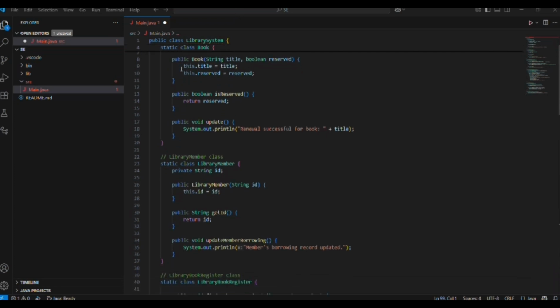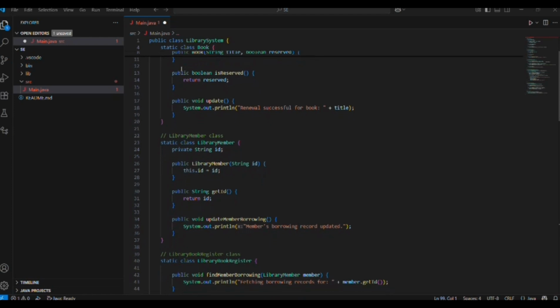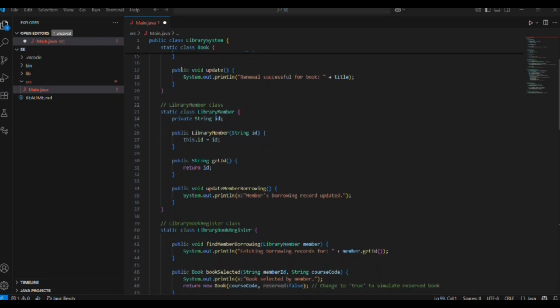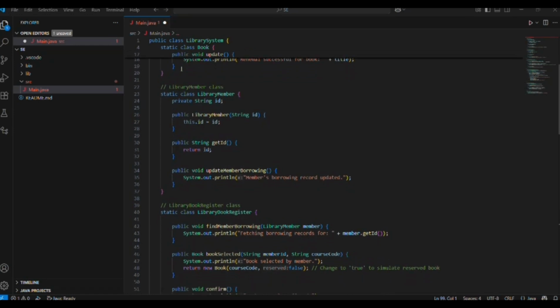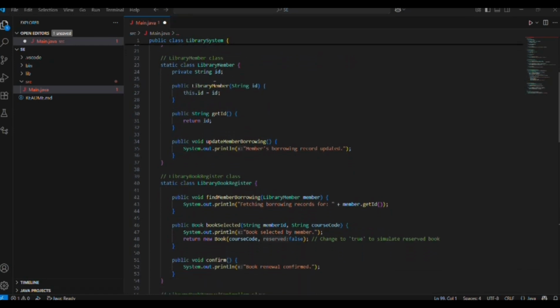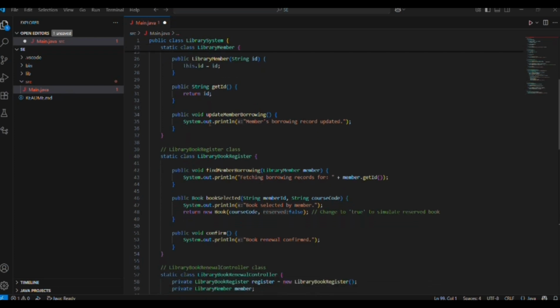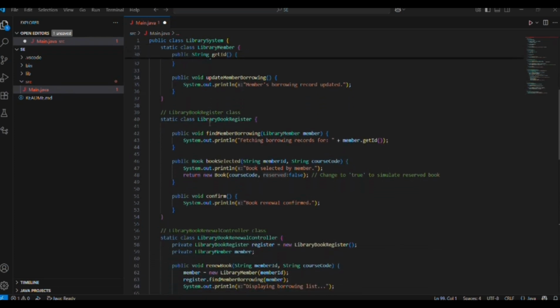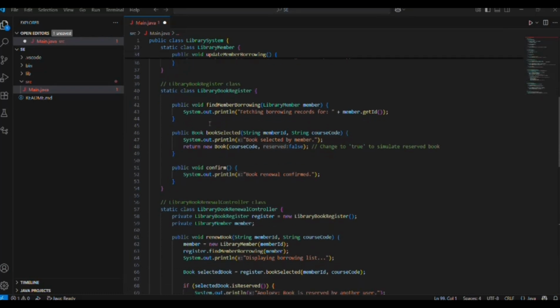The flow of execution is: the main method creates a library boundary object and calls renew book M2024 Data Structures. The library boundary prints that the user initiated the renewal and delegates the request to the library book renewal controller. The library book renewal controller creates a library member object for M2024, calls find member borrowing, displays the borrowing list,